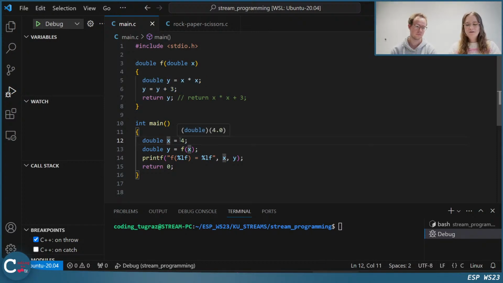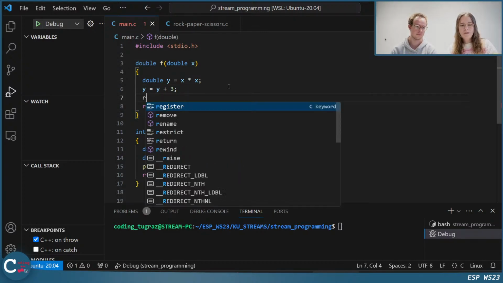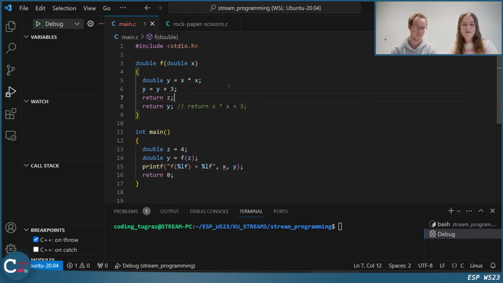If you would call this something different, like z, and try to return z here, we get an error because z is not within the scope of this function. But it still has to exist because maybe we want to use it later in the main. So it exists in the main function and we can access it in the main function, but in the function f, it still exists because the main exists, but we cannot access it because we're not in the right scope.